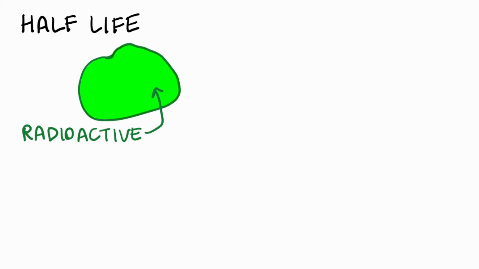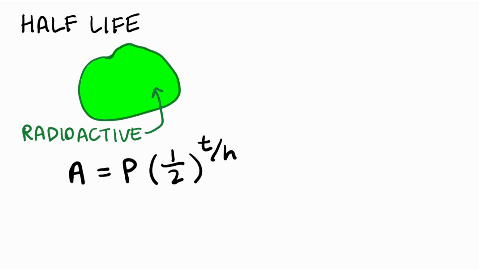Pretty much what's happening is that the rate of decay is proportional to the amount of substance left. And when that happens, what you've got is exponential decay. And so, at set time intervals, you have half of the amount that you had before. And that's what we would call half-life. So the equation for this is A equals P times 1/2 to the T over H,